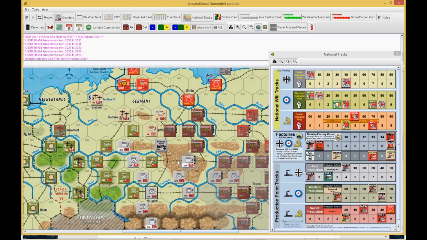Playing it smart like this, the Germans just about pulled it off. I was very pleased with this game. My opponent was excellent. I made a couple of mistakes. In the May offensive for the Russians, this 4th Guards unit that ended up in Dresden, he actually could have